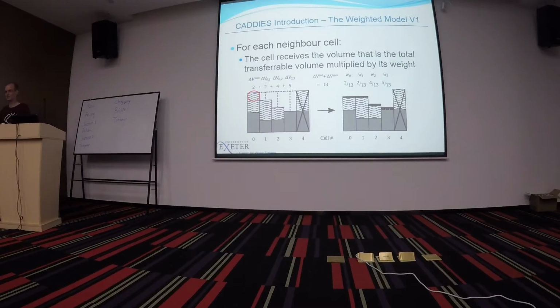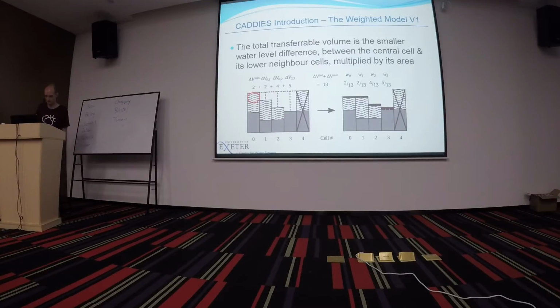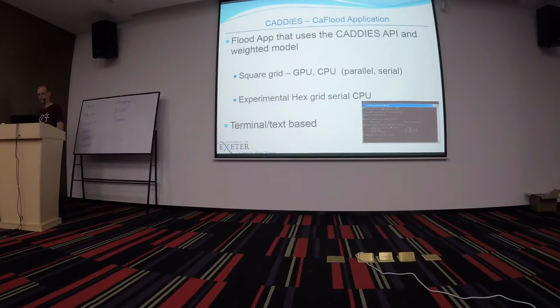So then we need to calculate the total amount of water that we're going to move. This is based on the water level difference of the smallest cell in the first version. So multiplied by the area, this gives us a volume of water. And then we can distribute that water based on the weights. And I'm going to cover a little bit on the second weighted version a bit later, as I'll show you with test cases why the first version didn't work very